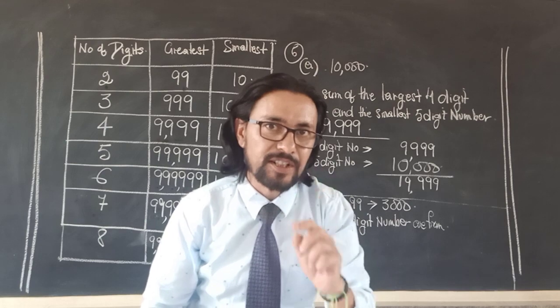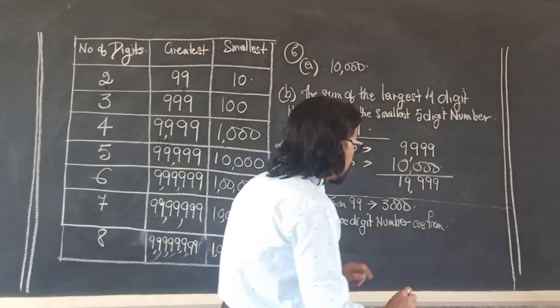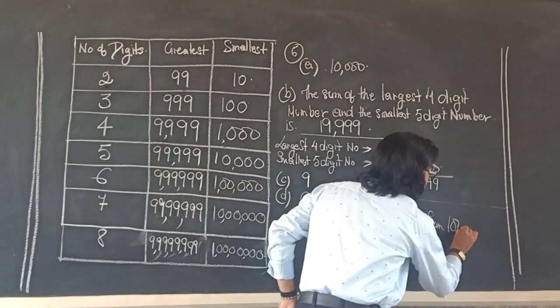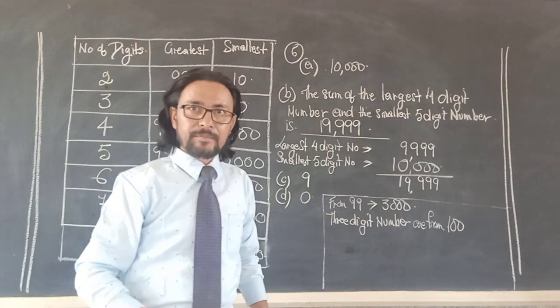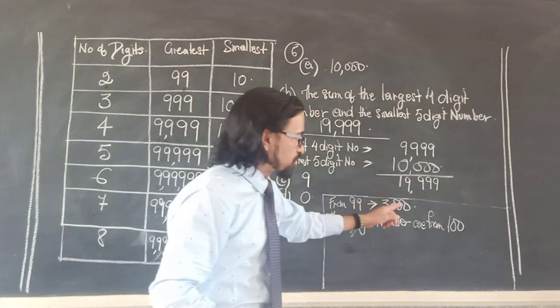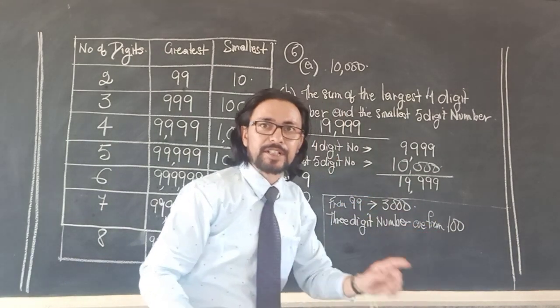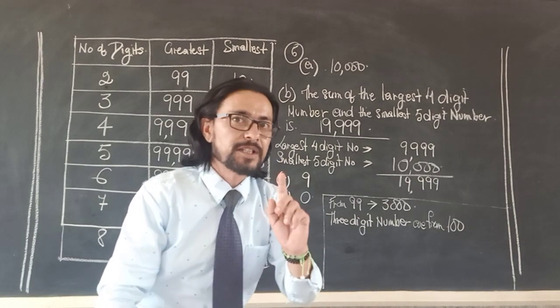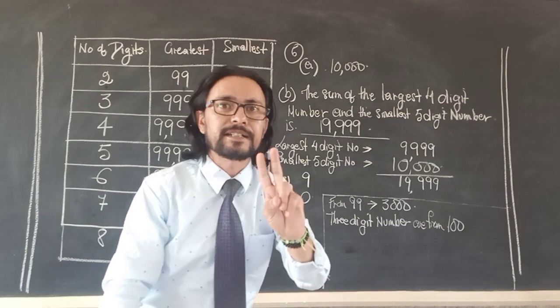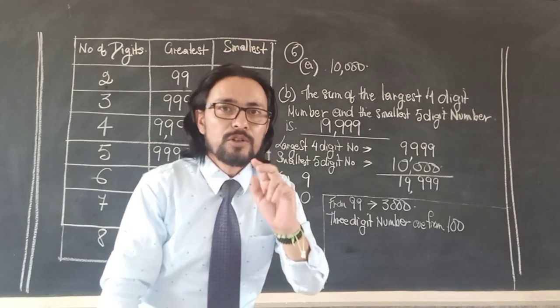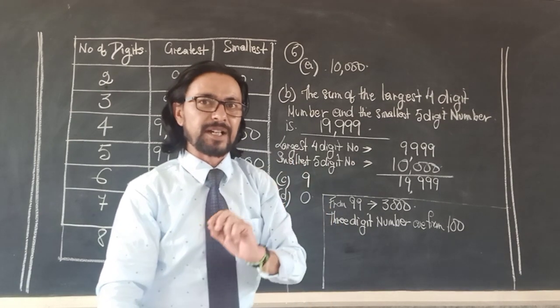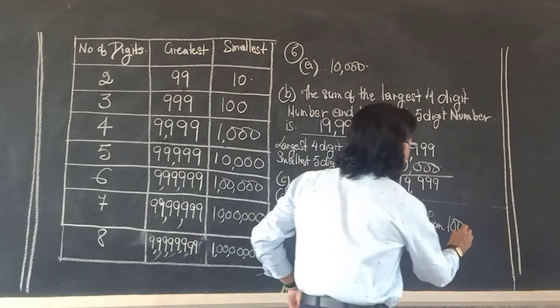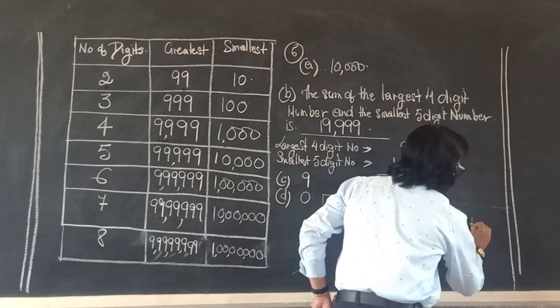Which is the first 3-digit number? The first 3-digit number is 100. The very first 3-digit number that I come across is 100, because before 100 is 99, and 99 is a 2-digit number. So my first 3-digit number is 100, and my last 3-digit number is